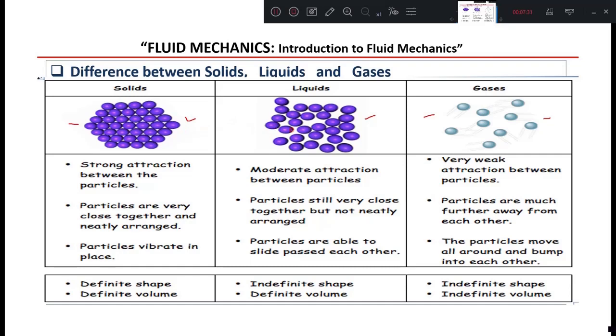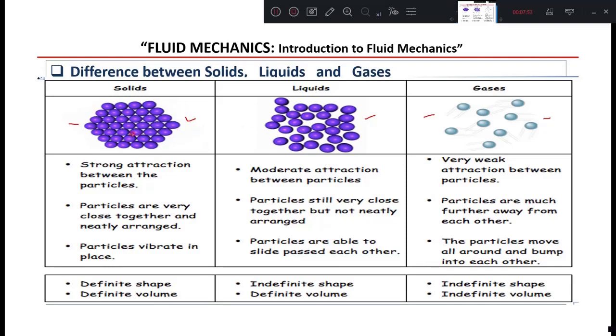We can say less, that is lower than the solids but greater than the gases. And gases have very low densities compared to liquids. Then the shape and volume. Based on the shape and volume, if you want to differentiate between solids, liquids and gases, solids will